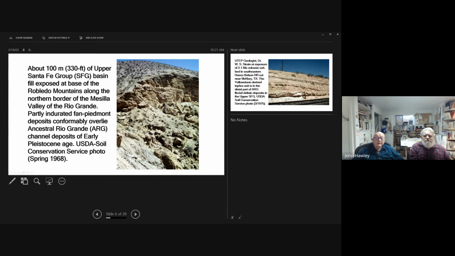This is a 300-meter section that's exposed just northwest of Las Cruces, showing a coarser phase.